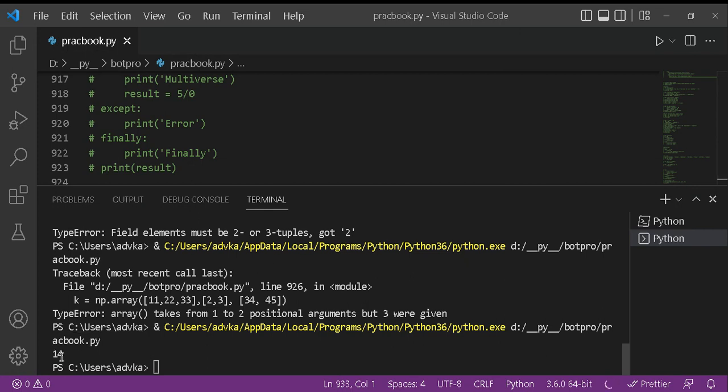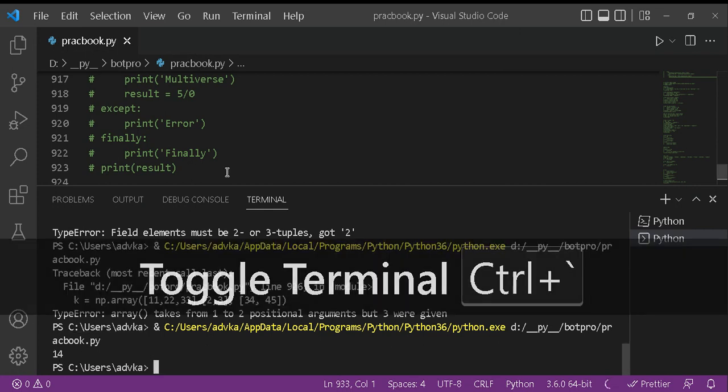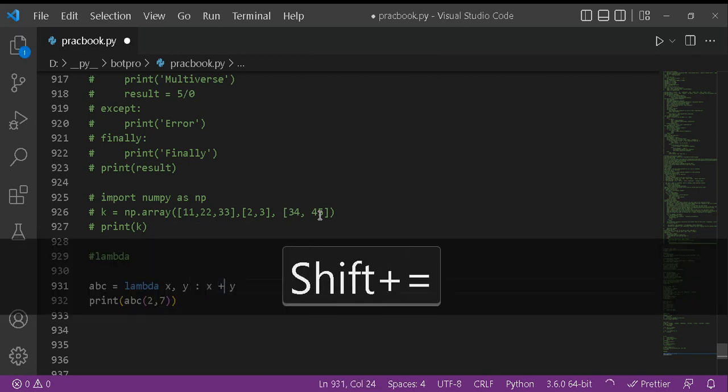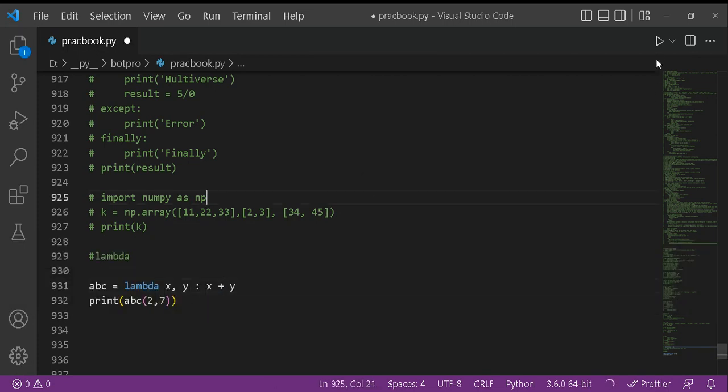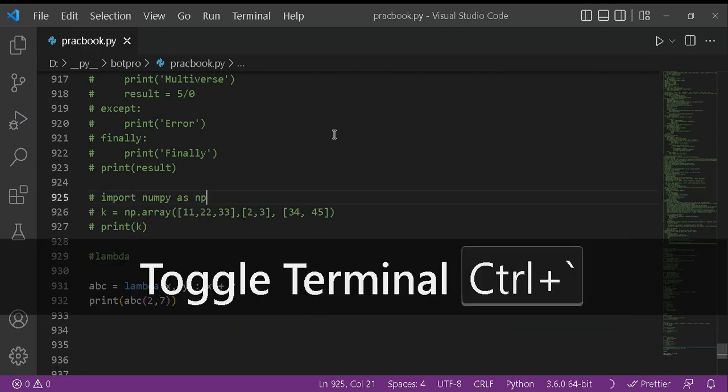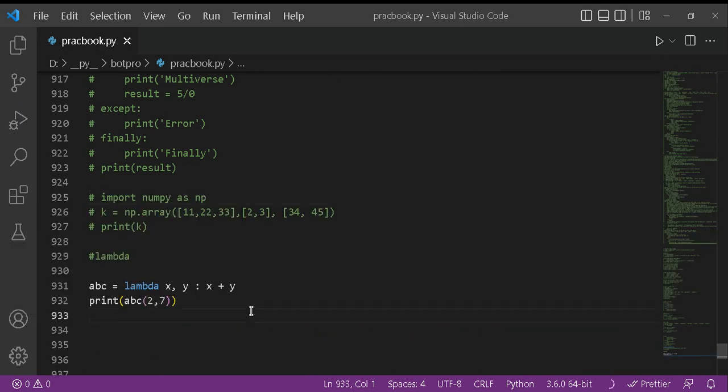It will be printing 7 to 14. You can see here, the value of x is 2 and y is 7. So if we want to add, it will definitely give 9. So you can see, in the normal way, you will create